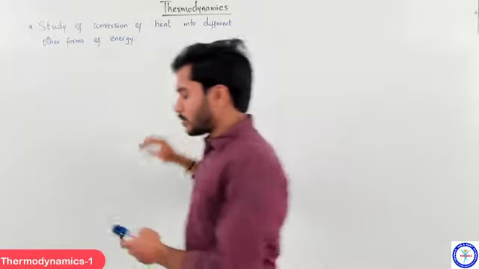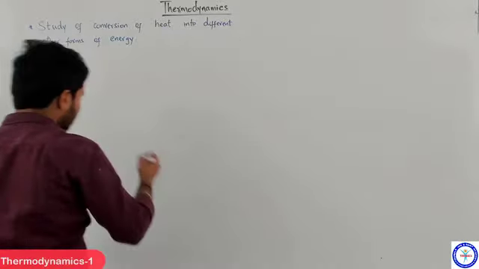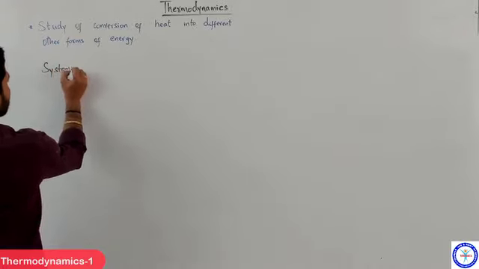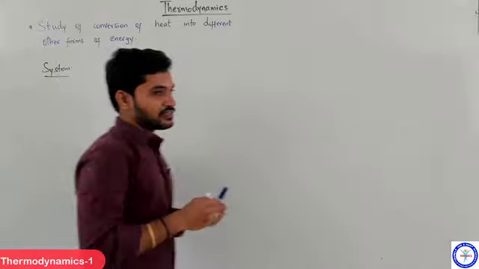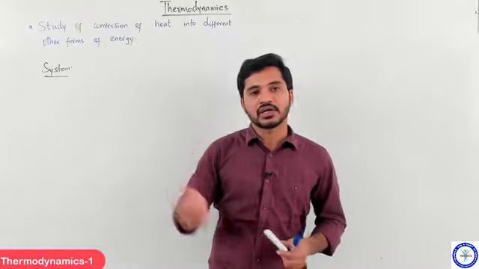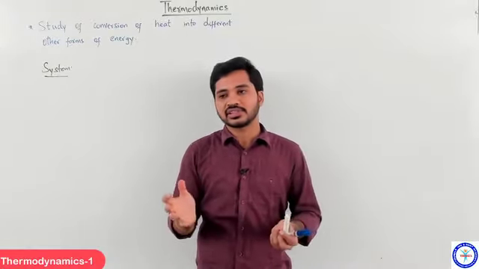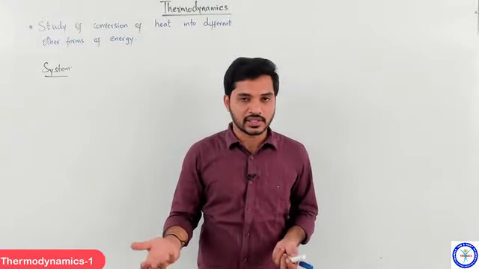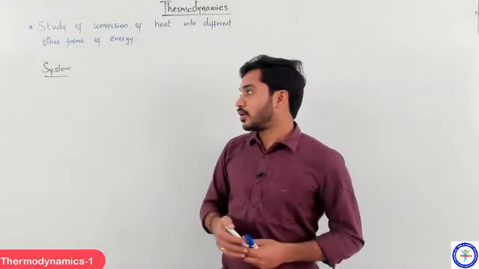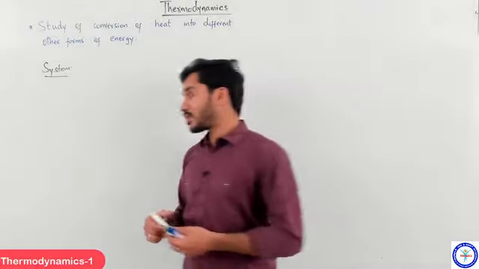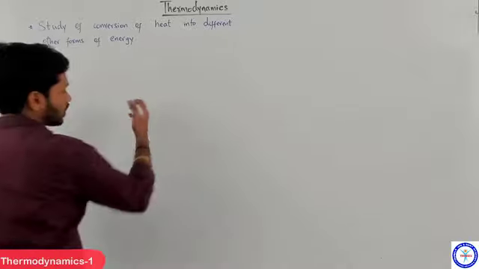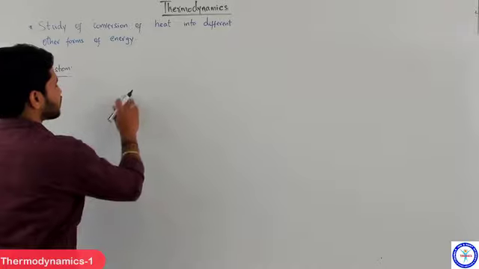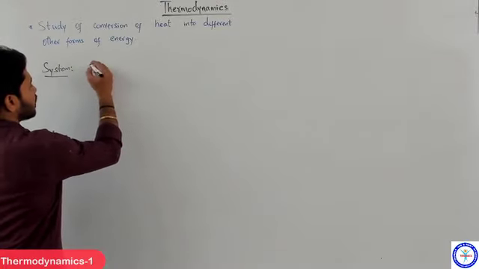Clear? So to start off with, we'll be using this term quite frequently: system, right? System basically means whatever we are studying, right? Even in NLM, whatever we call a system is that part of matter which is under study, which we are studying, correct? Whose behavior we are observing. In the same manner, even here, a thermodynamic system, or just system, is something we can define like this: